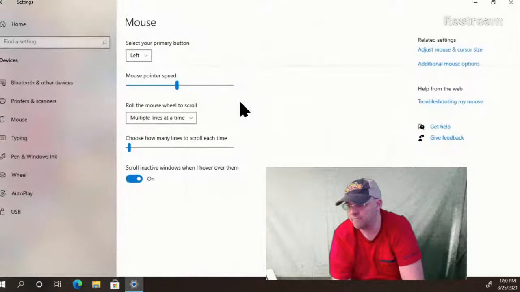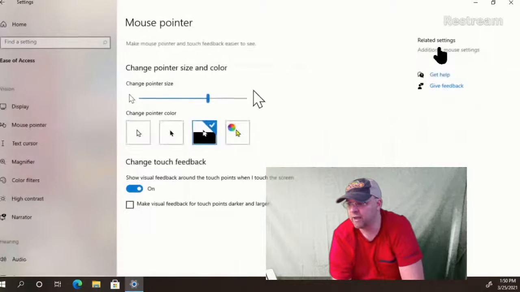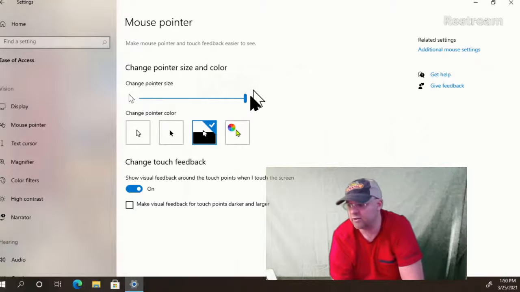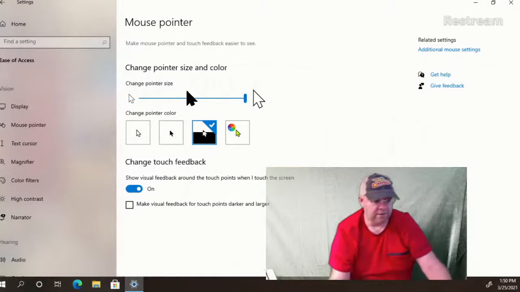there is a mouse setting in Windows 10 which allows you to make a gigantic mouse. And somebody that I know personally asked me about, what do you mean a gigantic mouse? And what's the downside to that from an actual use? So here's a demo of that. The pointer size and color can be adjusted. So my pointer can be kind of the normal size that would be used, or I can make it really, really big. And what I mentioned to the person that was asking this was the downside to this is if